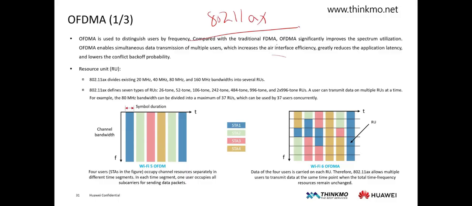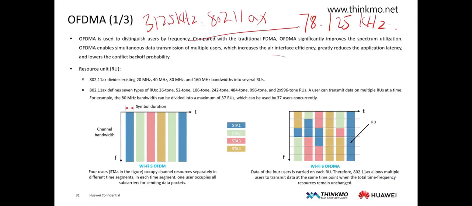In OFDM, each subcarrier has a bandwidth of 312.5 kHz. However, in OFDMA, the bandwidth of each subcarrier is reduced to 78.125 kHz. This significantly reduces the frequency